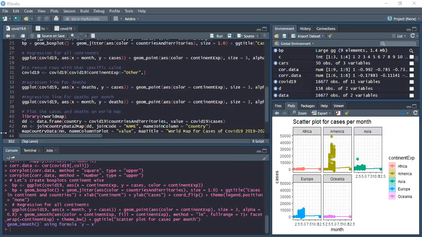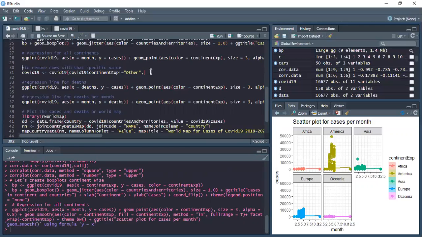We can see in America, at the fourth month or 4.5 month, the cases were most higher. So this concludes the cases. After that, we are going to view the deaths.